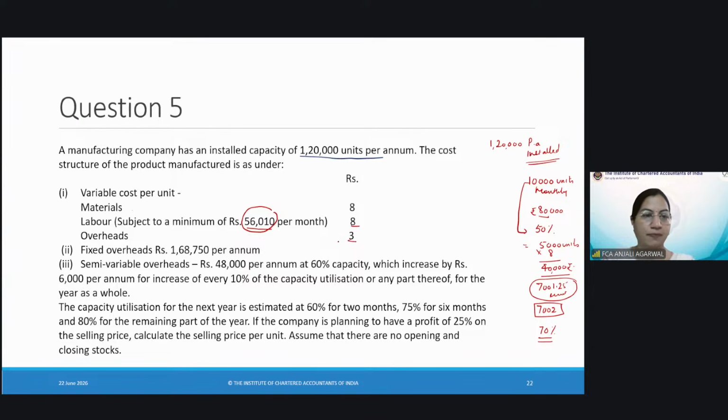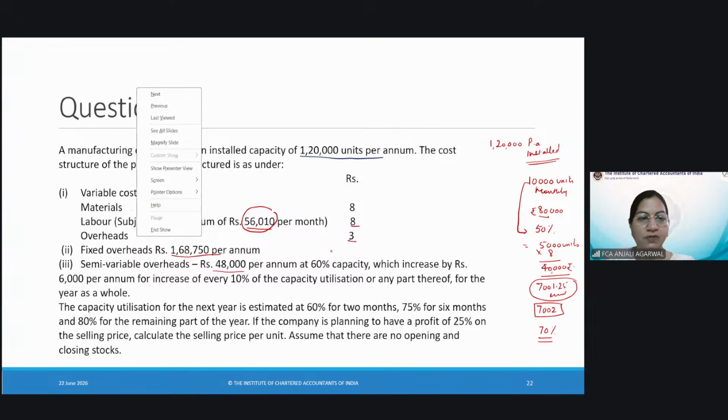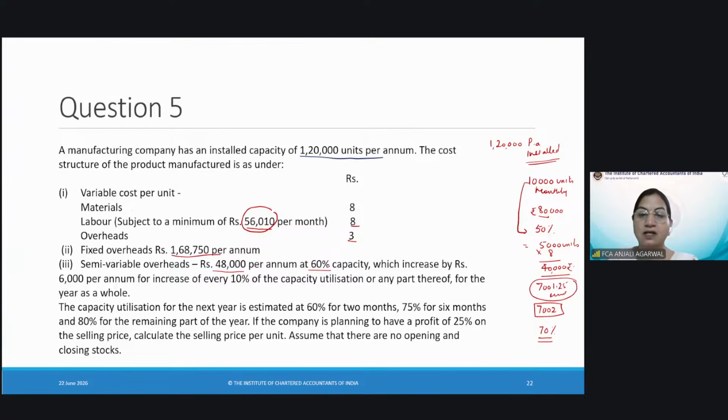Overheads are 3 rupee, and there are also fixed overheads of 168,750. There are semi-variable overheads also, 48,000. So you have variable overheads at 3 rupee per unit, fixed overheads at 168,750, and semi-variable overheads of 48,000 per annum if you work at 60% capacity. But if you increase the capacity beyond 60%, let's say more than 72,000 units in a year,